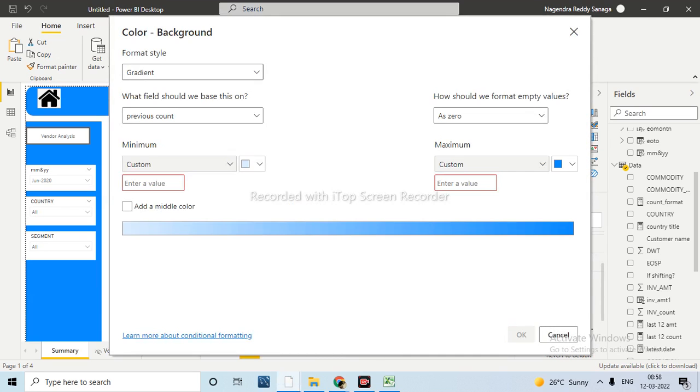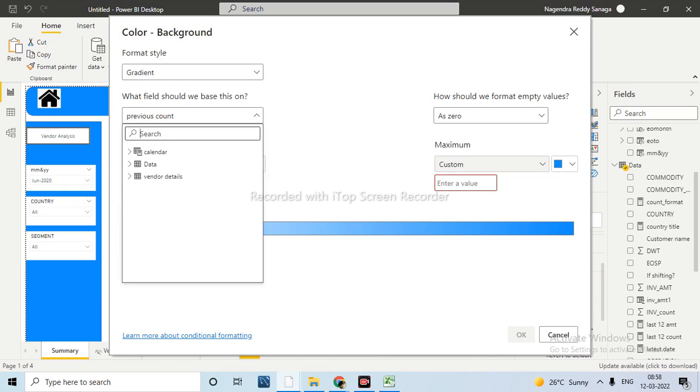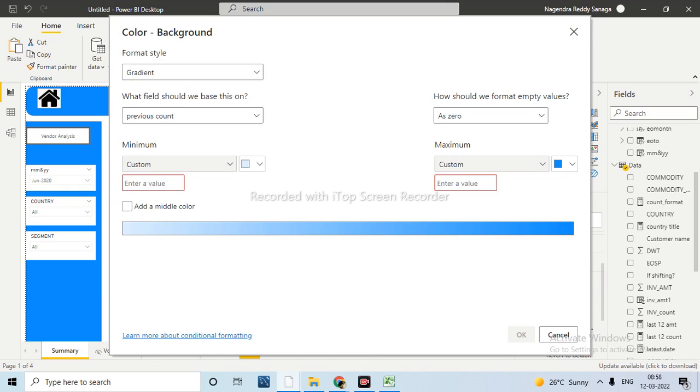Here, instead of this, under rules, you can set the minimum value, maximum value, and anything based on the previous count. For example, here, value less than 10,000.